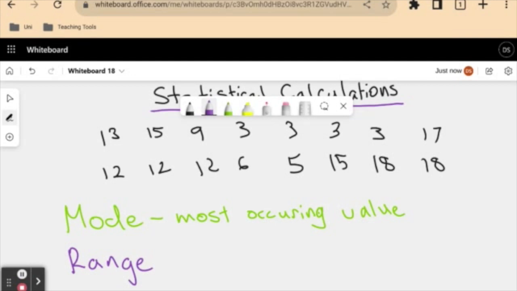So subtracting the smallest number in our set from the largest gives us the range. It gives us all of the kind of whole numbers from our lowest to our highest value. So the range here is the difference